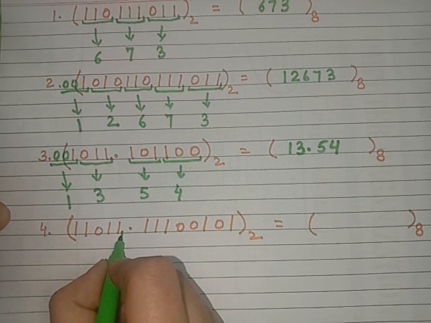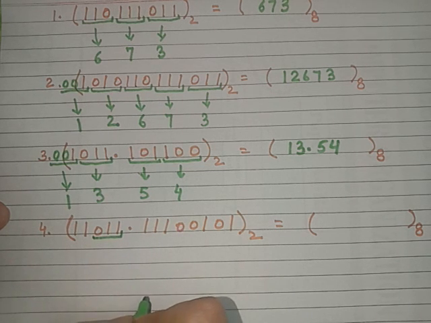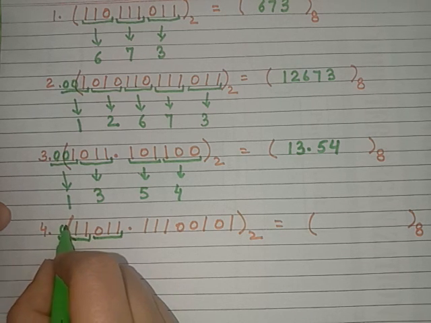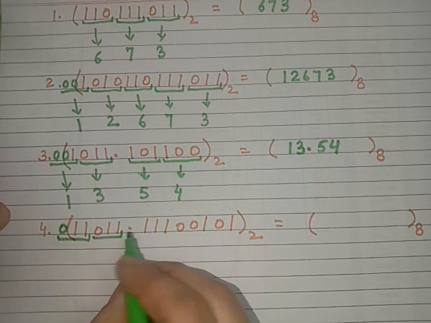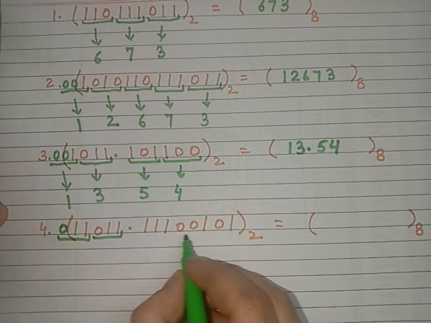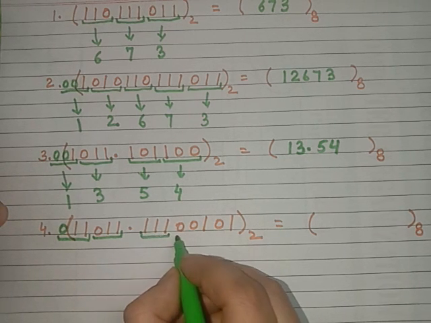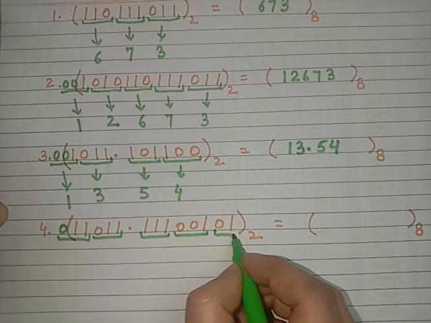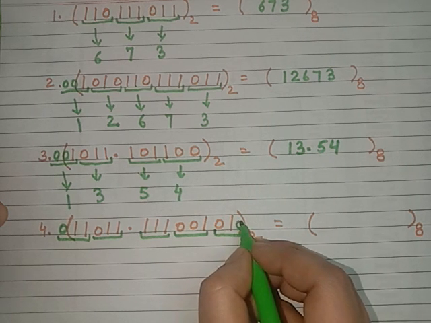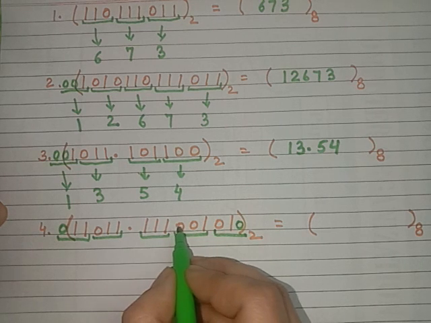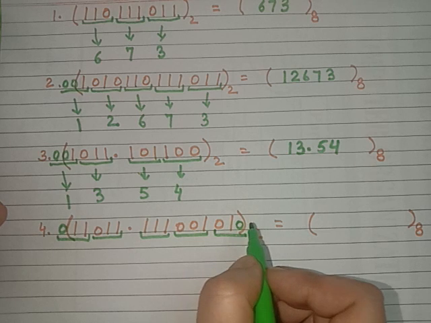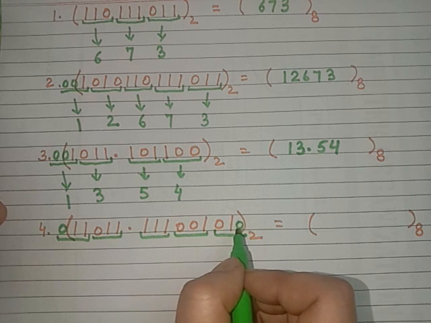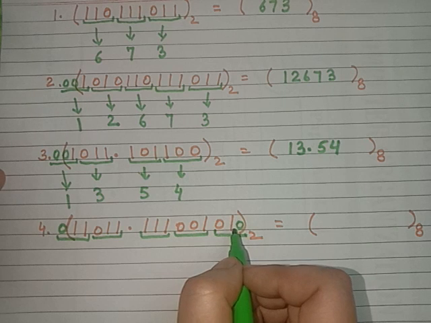So here, this is the first group of 3 digits, and this is the second group. We are having 2 digits here, so I will be adding 0 to make it a 3-digit number. And starting from the decimal going towards the right-hand side, this is the first group, this is the second group, and here you are having 2 digits. So to make it a 3-digit number, I will be adding a 0 here, because you know that after the decimal, if you add zeros on the very right-hand side, it makes no difference in the magnitude of the number.